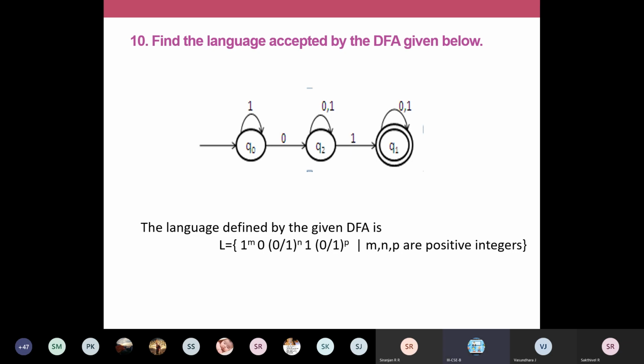Start from Q0 till you reach Q1. So in this problem, Q1 is the accepting state. You watch this, you have a double circle in Q1. So from Q0, you apply the transitions and move to Q1. You find out what are all the possible strings you can generate. You write some 6 or 7 strings or 10 strings, you just write. Okay, or you analyze this diagram and find out what type of strings it will accept.